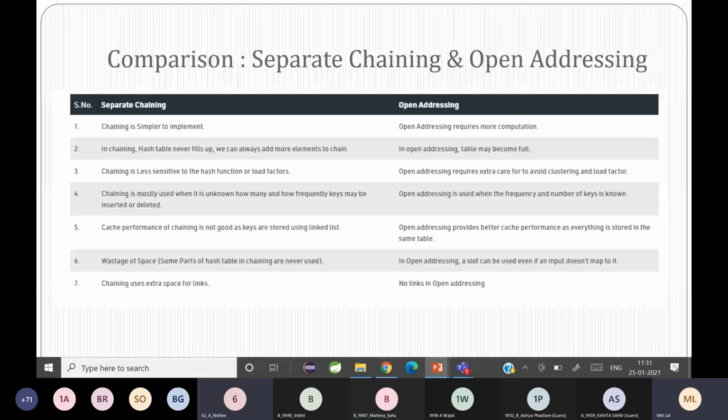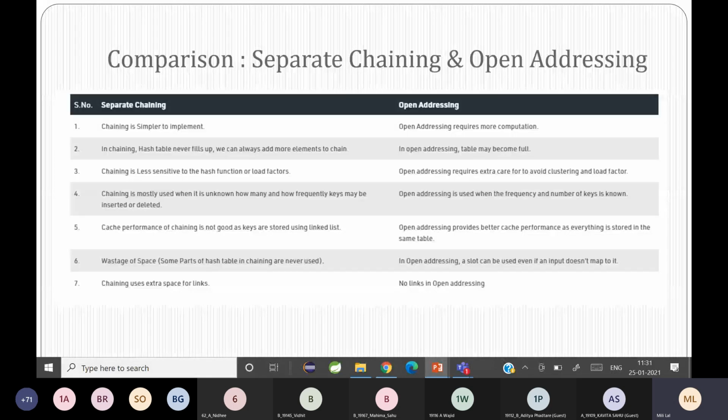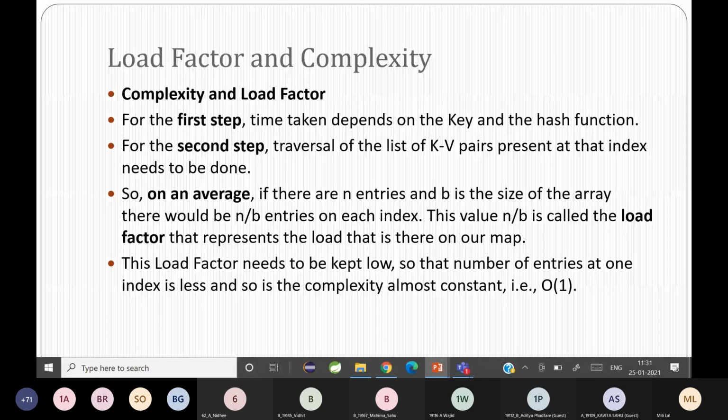Okay, so I was talking about the load factor, see point number 3, right? What is the sensitiveness of load factors, and also that comes under load factor and complexity. So you can see that the first step, the time taken, depends on the key and hash function, right? Depending on the key, you're placing the data into the bucket.